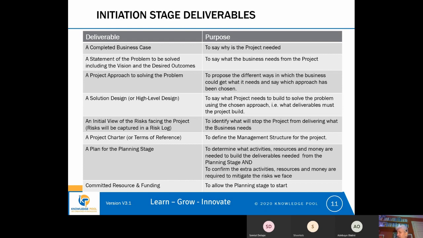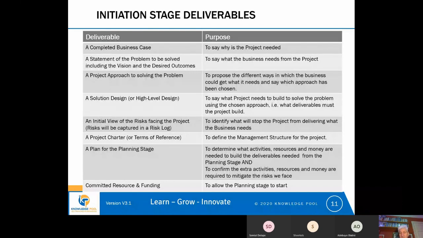So one of the ways that we mitigate the risk is that we do our research, we evaluate products, we read the literature about the product, and perhaps read third-party reviews about the product. It's those things that we do that reduce the risk. But one of our deliverables during the initiation stage should be that initial view of the risks that